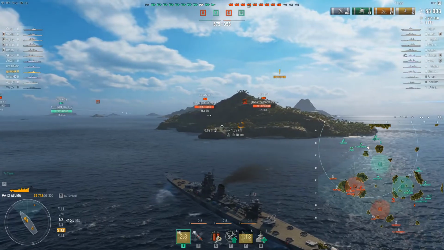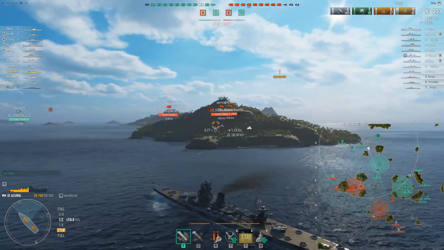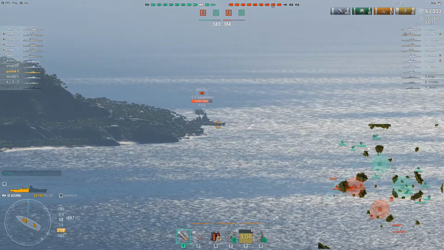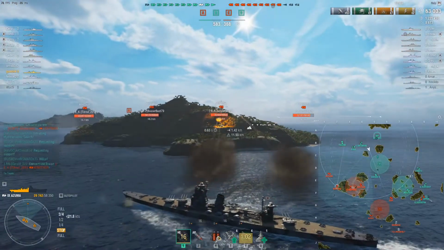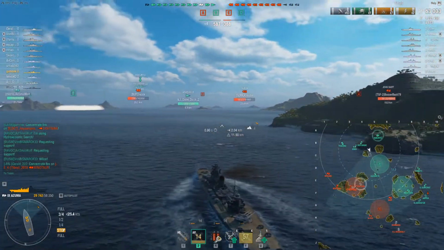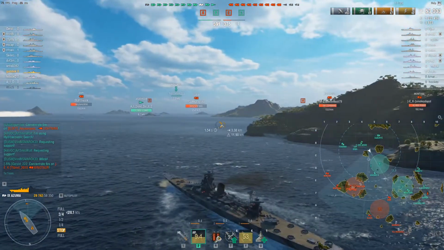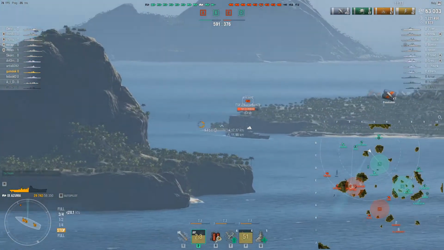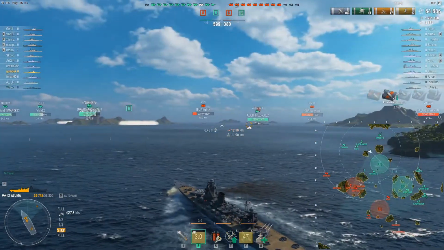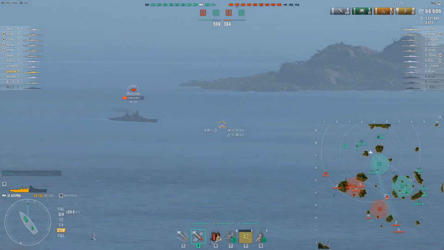Slowly but surely I will get into the range of the enemy, and I noticed there is the Neptune and Minotaur in this flank, right? So I will be prioritizing those guys first, if possible. And I noticed, oh yeah, if I sail a little bit forward, I still won't be detected, but I will have better position to actually